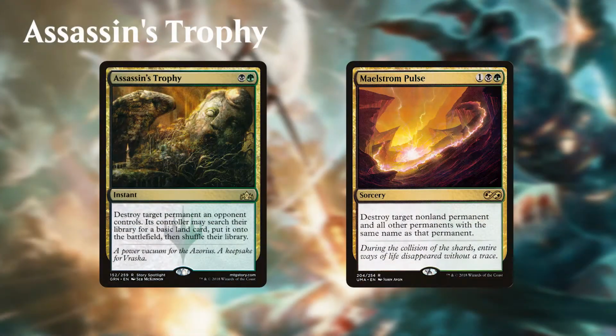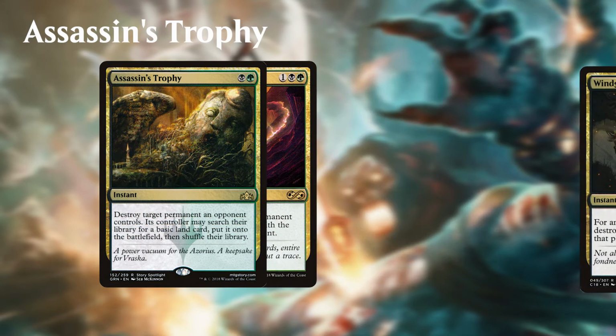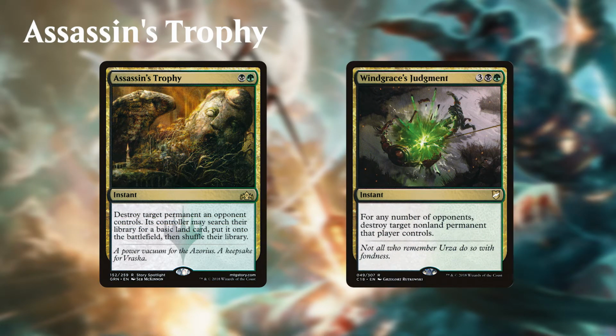Another replacement card, actually from one of the Commander decks a few years ago, was Windgrace's Judgment. It's pretty good. It's 3 black green for an instant. Yep. So just 3 more mana than Assassin's Trophy. For any number of opponents, destroy target non-land permanent that player controls. So in a multiplayer game, you're getting extra value here. It's not just one thing; it's 3 things. And it would cost you 6 to do that if you had 3 Assassin's Trophies. However, this one doesn't ramp them,